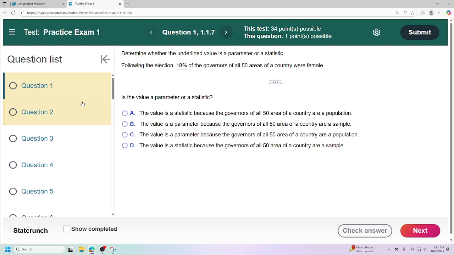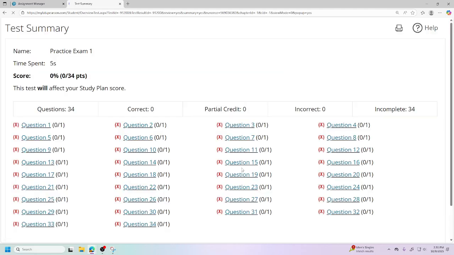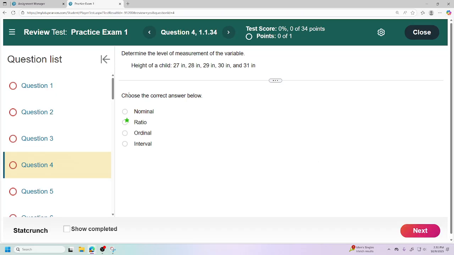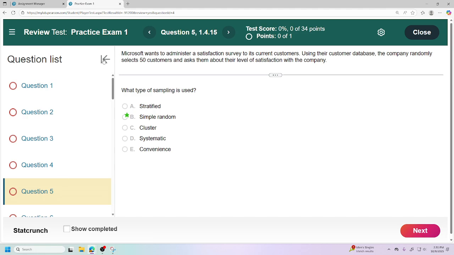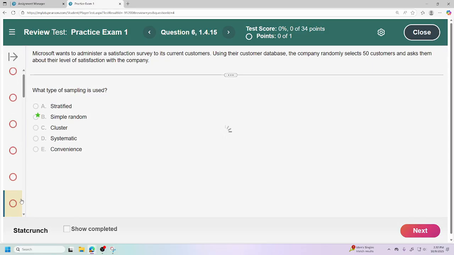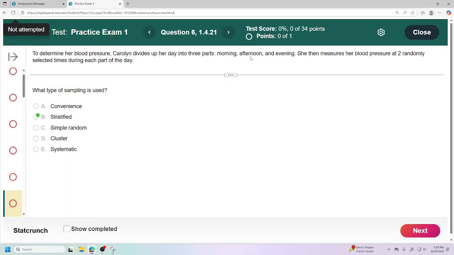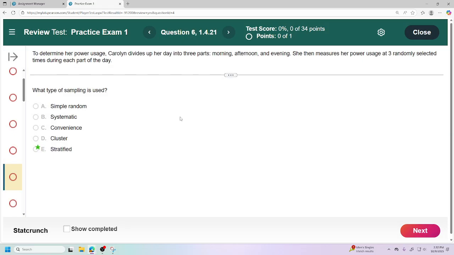Let's check it. I am not even going to look at anything. I'm going to submit immediately. Okay, I'm doing this on purpose. And then I'm now going to go, I think it was question 4 and 3 was what we were looking at here. No, question 5. Yeah, question 5. I think question 5 was always that. So 3 parts a day, whatever. If you go back and forth, sometimes they change the numbers. Now I know right here, it's just always the same.